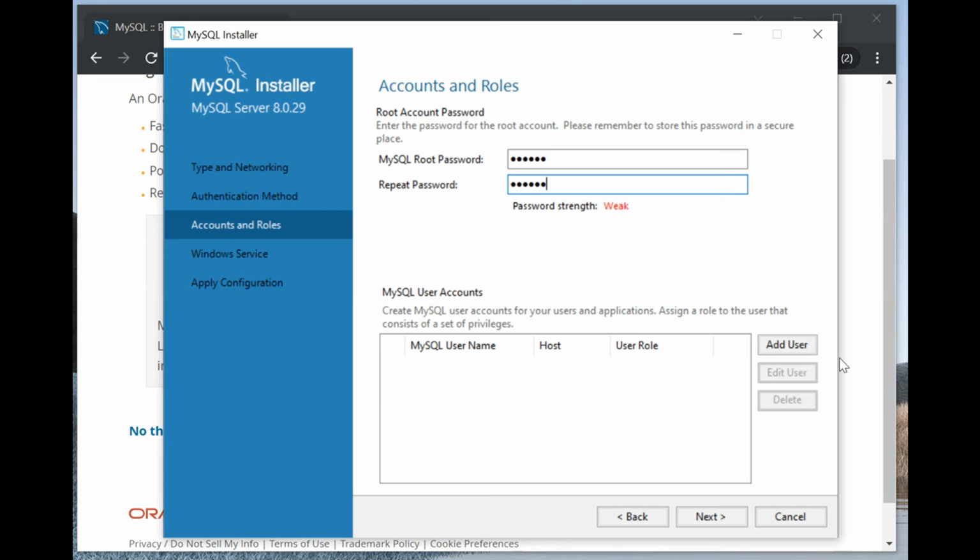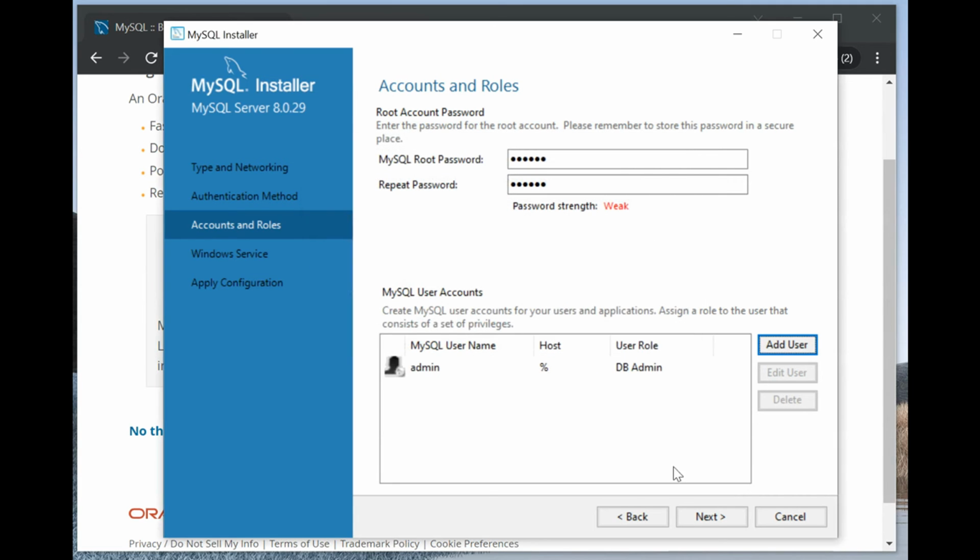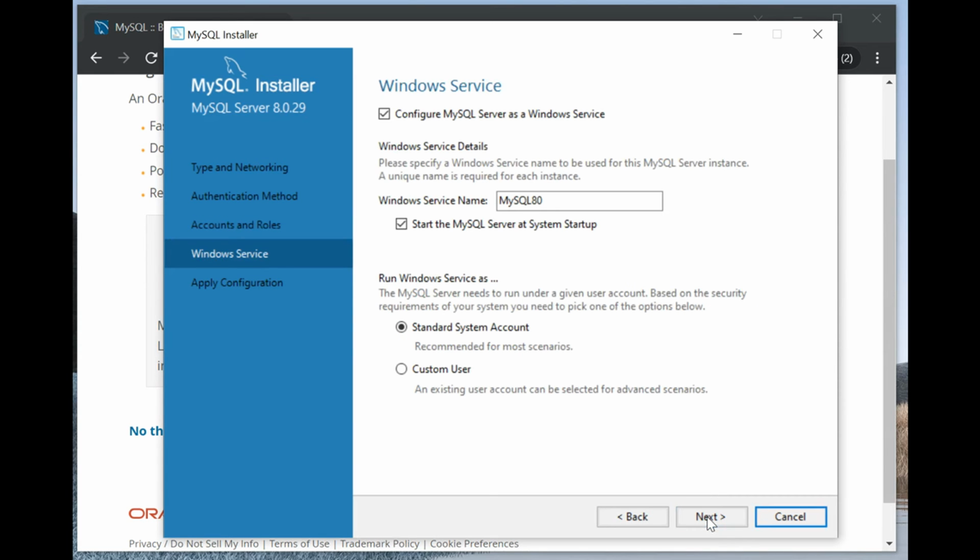And we can add user accounts. So we'll create one. Say admin. It's my local admin. And we also need to provide password here. Okay, it's weak. It's okay. So click OK, then click next, and remember the MySQL Server instance is MySQL 80, so we use the default,